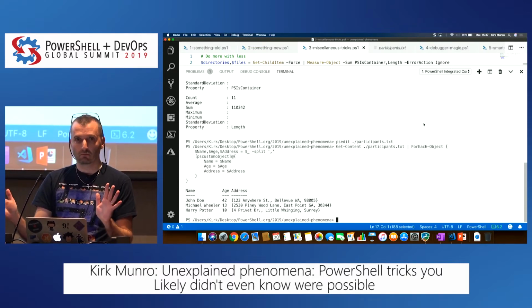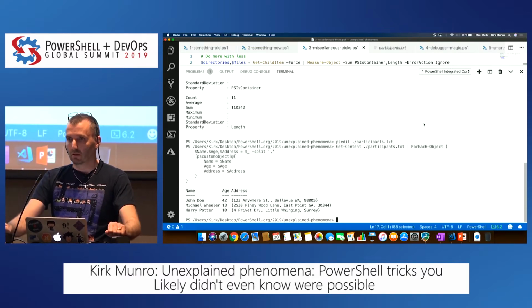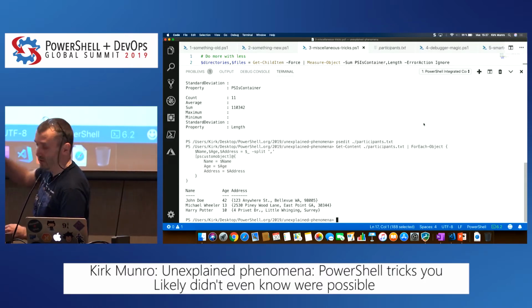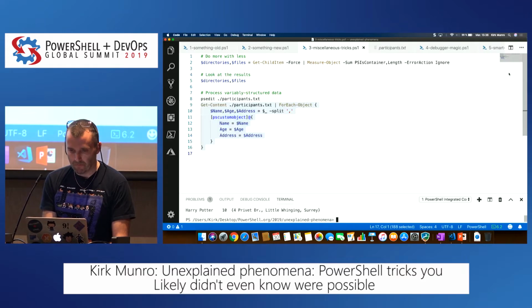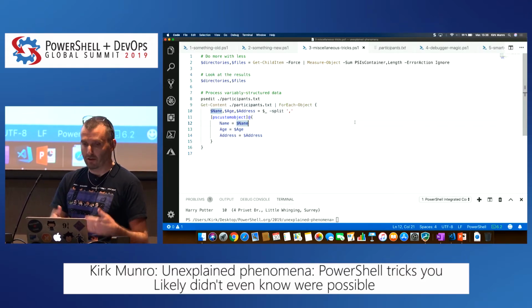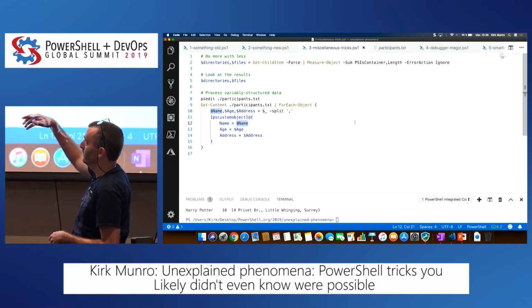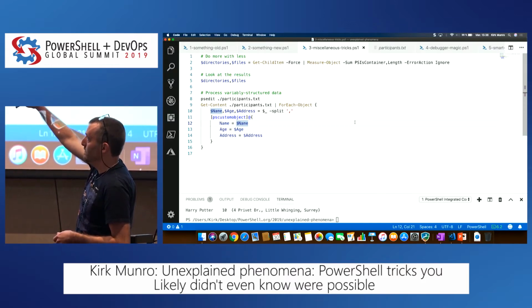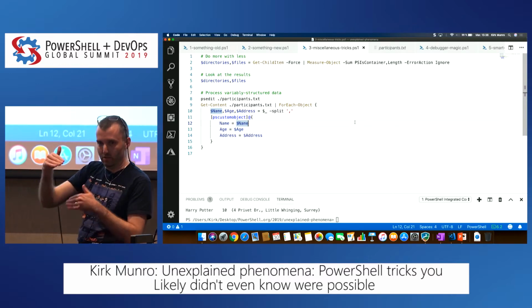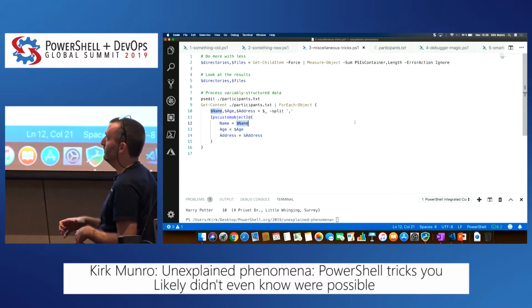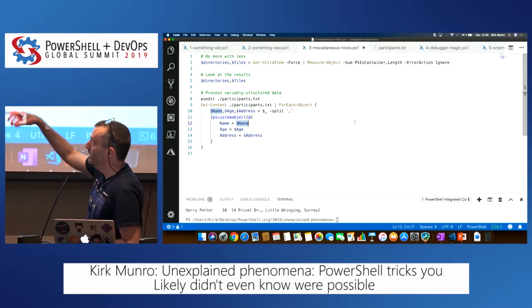Questions so far? So you can still use all of those variables as separate variables from here on out in your shell? Well, within the loop, right? So if I go back to the script, within that loop, I can reference those variables and do additional things. Right now, address is being set as an array. I could replace the comma with a new line if I wanted to break it out into a different format and store it that way with a different string, as part of the processing, referencing those variables.